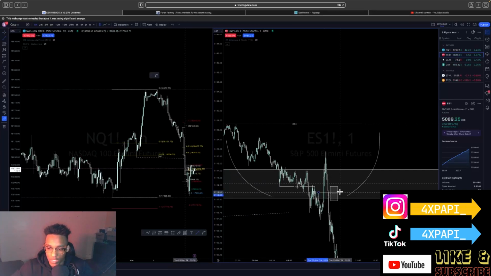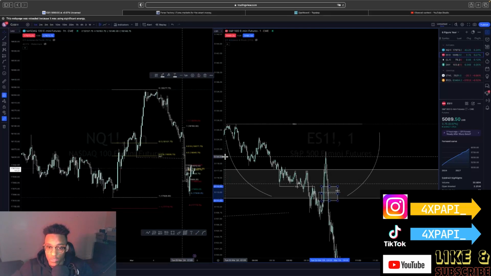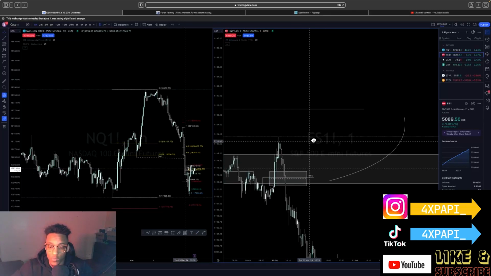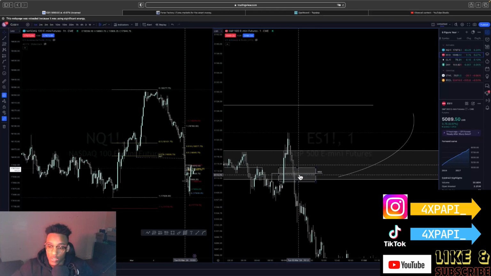after price gave me everything that we were looking for, is when I'm like, okay, we're about to start getting busy. We got this 1 minute fair value gap. Price shot up, came back in, I entered here, and then I got clapped immediately. I think I was in the trade for 56 seconds is what it says.